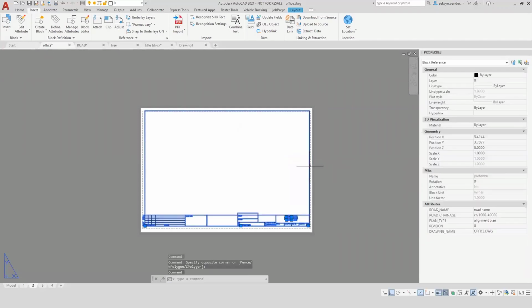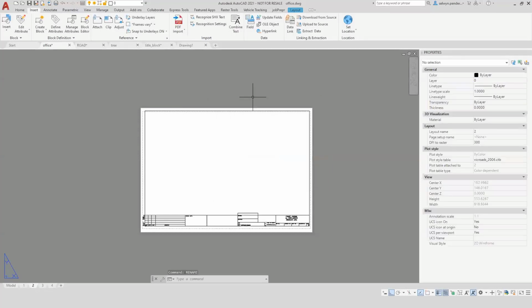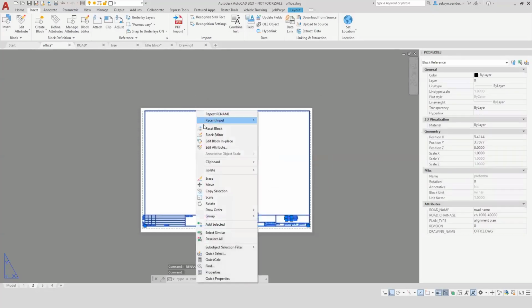That's great. So that's one of those bizarre functions which is found completely outside of properties or even the block editor. If you want to rename a block, it seems to be completely external. Yeah, rename's really good because you can rename blocks, you can rename layers, although it's easy enough to do the layers in the layer manager. Line types, it's about the only way you can rename a line type in your drawing. And the text styles can be renamed in the text style manager, but blocks, this is about the only place where you can rename your blocks. The only other way is if I highlight my block, I'll bring up the block editor,